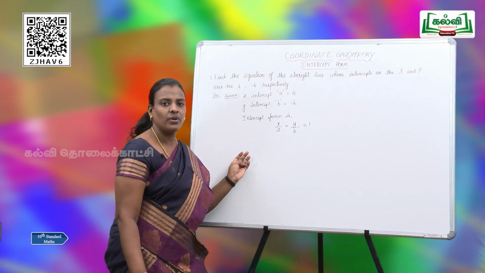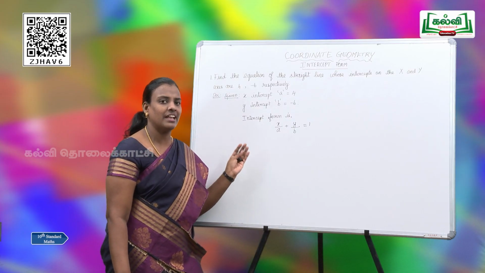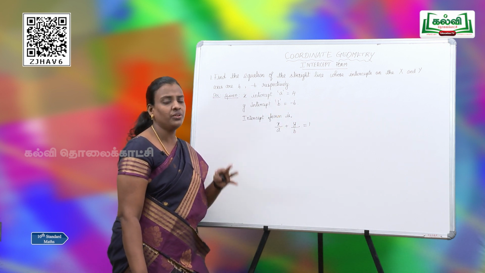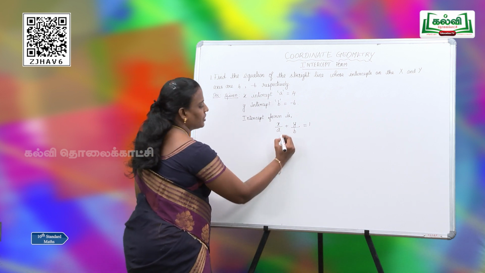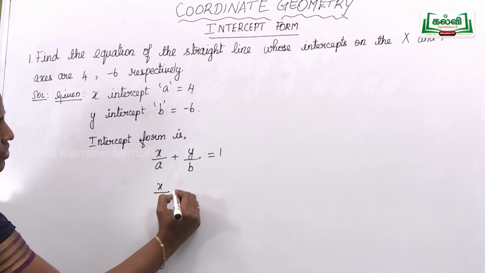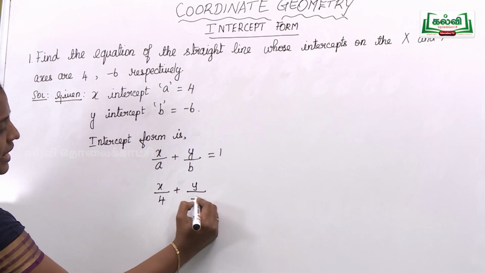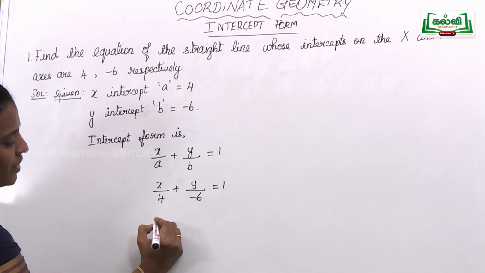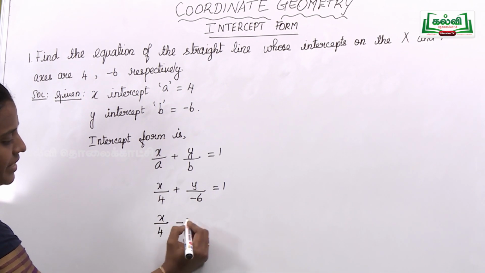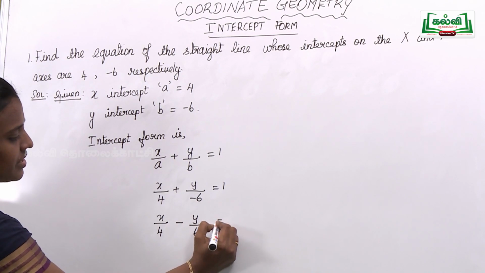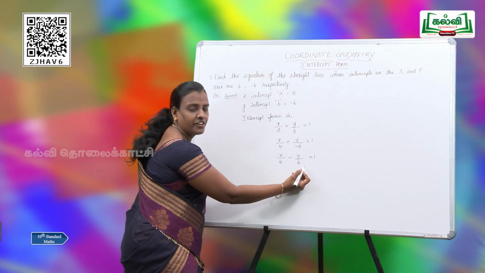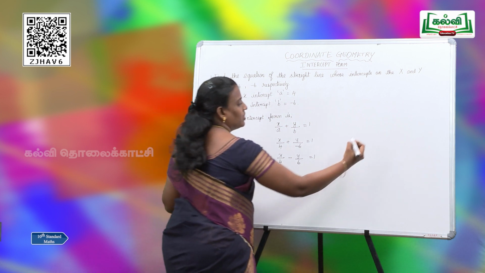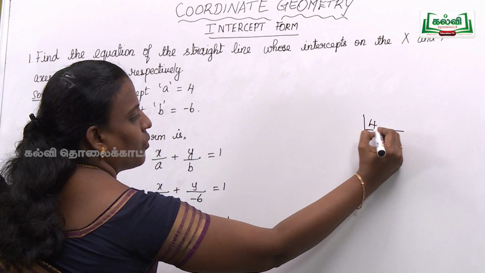This question is a very simple question because it is just the direct substitution of the formula. In place of a and b, you are going to substitute and write it in the general form. So what is your a? x by 4. What is your b? y by minus 6 is equal to 1. So here the positive into a negative number, I will change this as minus. Now both denominators are different. So when the denominators are different, I am supposed to take the LCM. Let me take the LCM for 4 and 6.